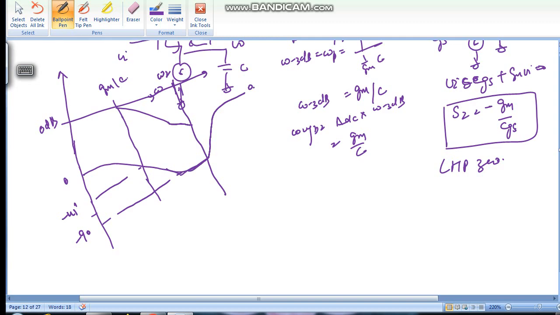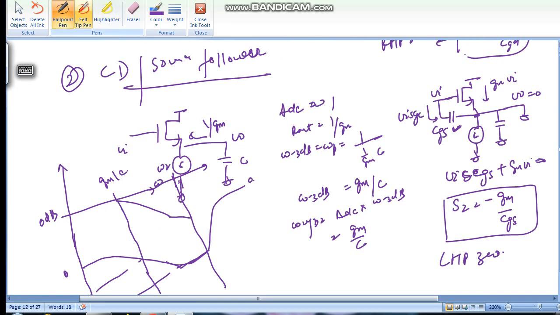This happens because this CGS gets shorted at high frequency, and the whole Vi goes to this point. So again there will be full transfer here without any phase, but yes, V out is the ratio of CGS and